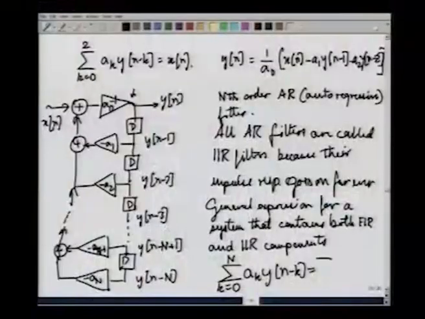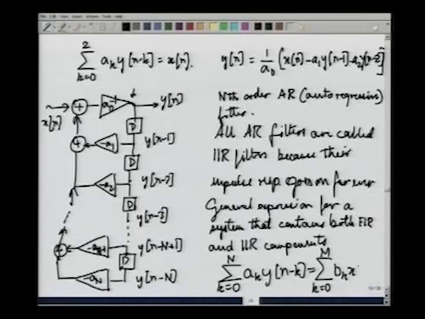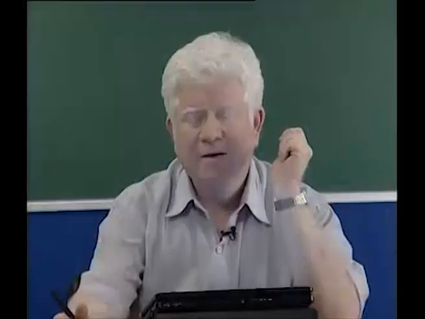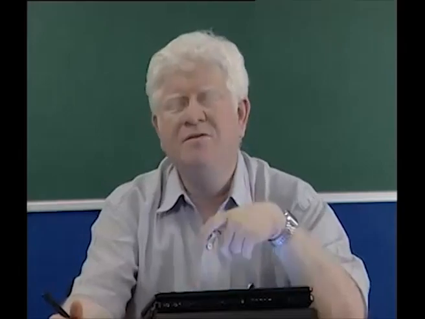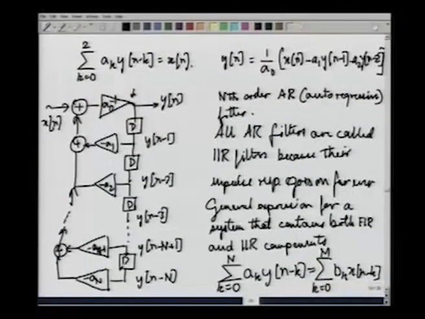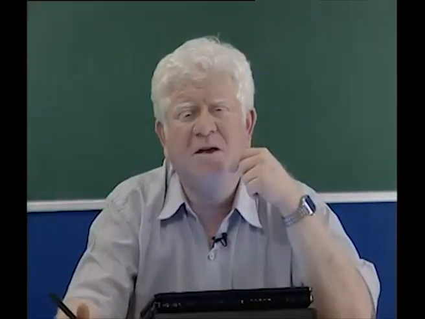That is to say, summation k equals 0 to M, b k x n minus k is what you have on the right side. So, all right, suppose you have this, then M in general could be different from N, but it would be convenient for us to keep both numbers the same,